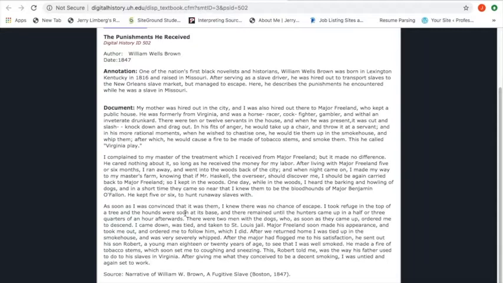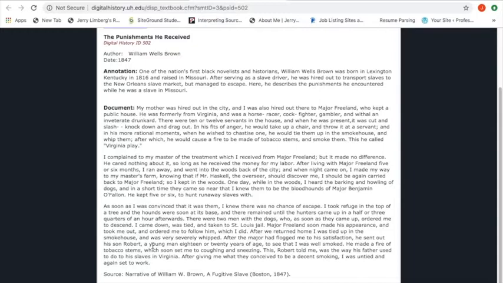woods. One day while in the woods, I heard the barking and howling of dogs, and in short time they came so near that I knew them to be the bloodhounds of Major Benjamin O'Fallon. He kept 5 or 6 to hunt runaway slaves with. As soon as I was convinced that it was them, I knew that there was no chance of escape. I took refuge in the top of a tree, and the hounds were soon at its base, and then remained until the hunters came up in a half or 3/4 of an hour afterwards. There were 2 men with dogs, who, as soon as they came up, ordered me to descend. I came down, was tied, and taken to St. Louis jail. Major Freeland soon made his appearance and took me out and ordered me to follow him, which I